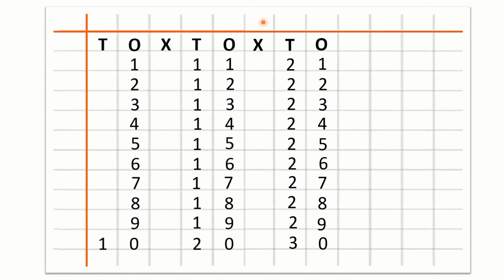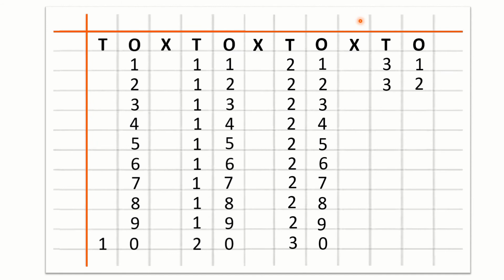Now children, we will learn how to write 31 to 40 counting with the method of tens and ones. So after O, we will write a cross and we will not write anything under the cross. After the cross, we will write T means tens and O means ones. Now we will write 3, 1, 31.